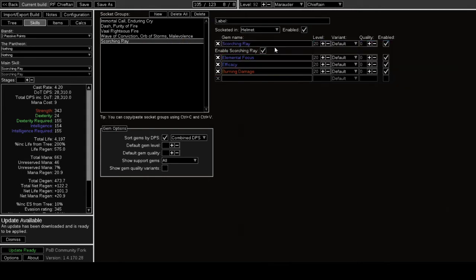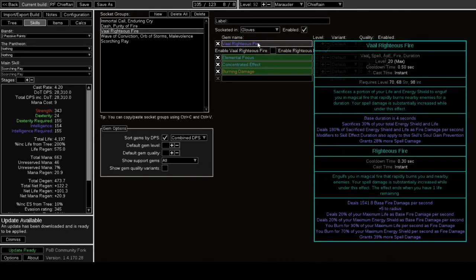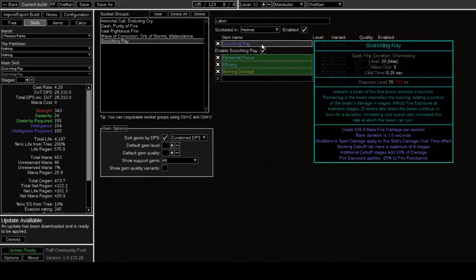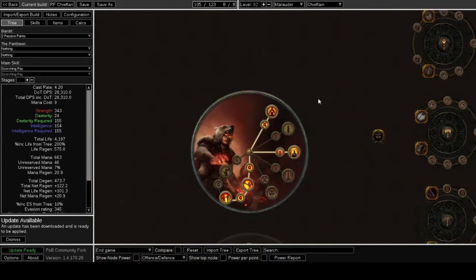And then Scorching Ray. So Righteous Fire is your damage dealer. That's where all your damage comes from. And then Scorching Ray is really cool. So it ignites them and it gives them fire exposure, which is negative 25 to fire res. So the cool thing about that is, that gives them negative 25 to fire res. And then we're also giving them,